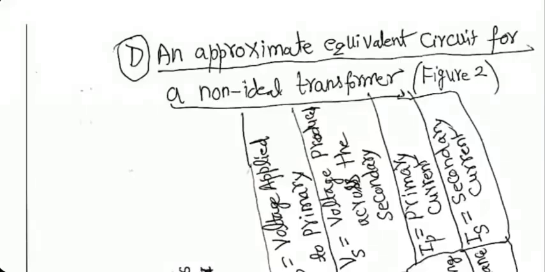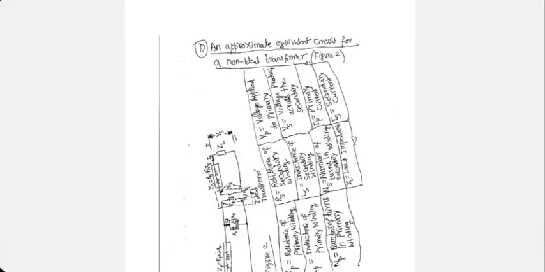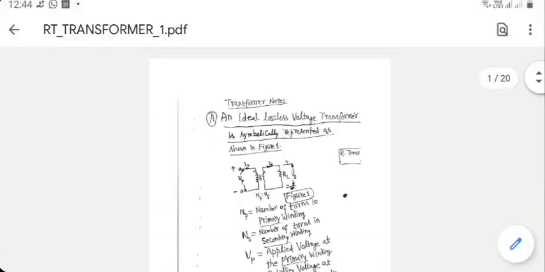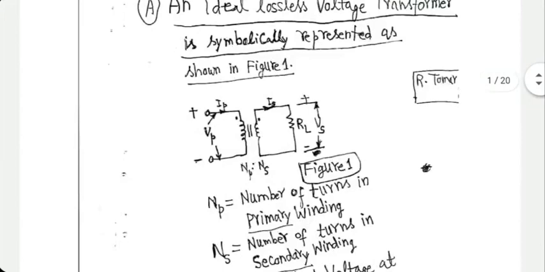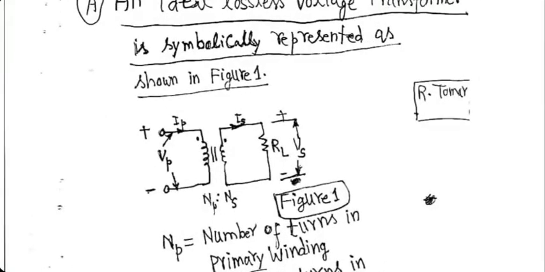What happens is, I know this orientation is wrong. What happens is, the basic idea here is that all the losses that I have spoken about, they should be included in the equivalent circuit. If you go back to the very first slide, this is what I have shown you, right? To make it more realistic, what I'll do is I'll put a resistance in series with the primary winding. That will take care of the primary copper loss. Also, if frequencies are high, this winding also produces inductance. So I'll put a series inductance also in the primary to make it a more accurate description.